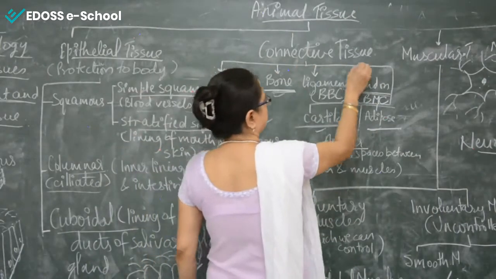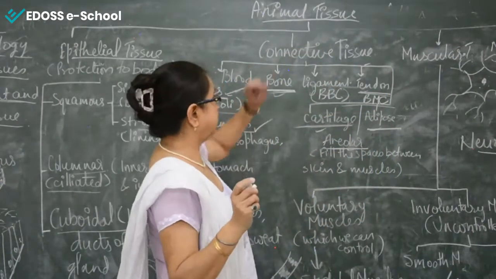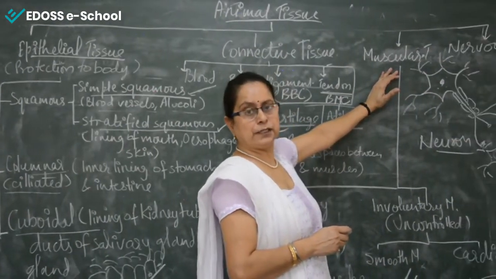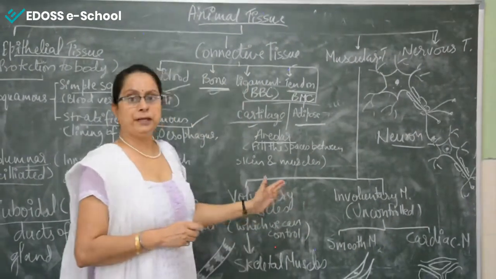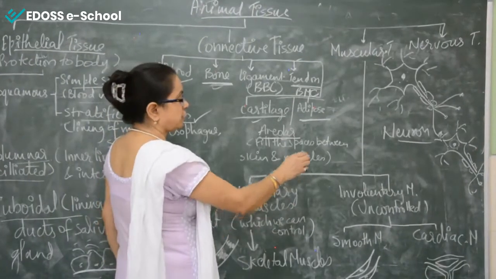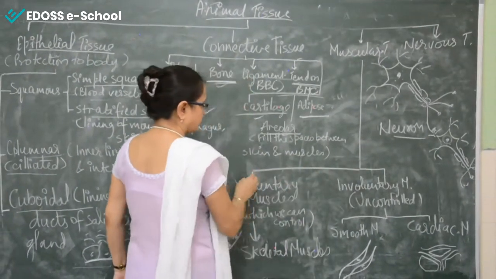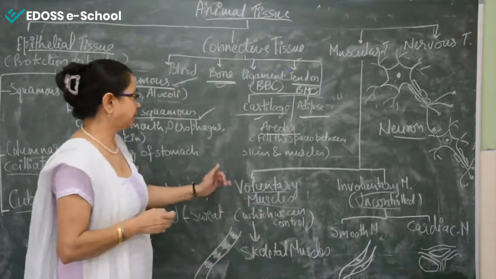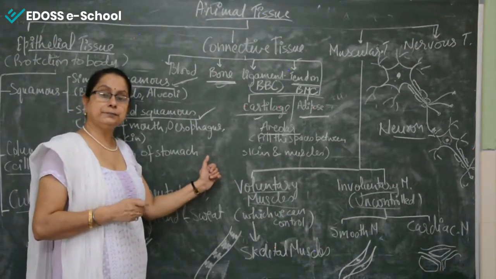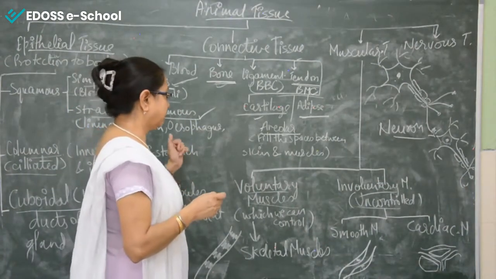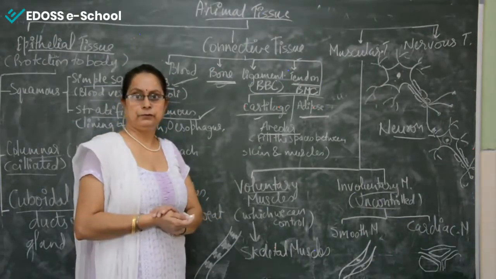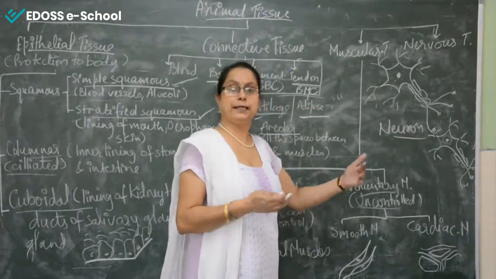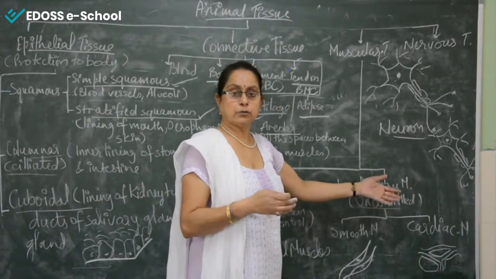So this is all about the connective tissue, the second part of the animal tissue. Now we'll move to the third, that is called muscular tissue. Muscular tissue is again divided into three main parts. First we divide the muscular tissue into two parts, voluntary muscles and involuntary muscles, because we have to understand these terms also. Voluntary muscles are the muscles that can be controlled by ourselves. Ourselves means with the brain. And involuntary muscles, totally opposite, cannot be controlled by us or by the brain.